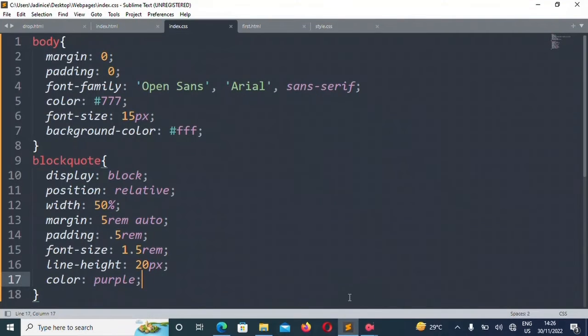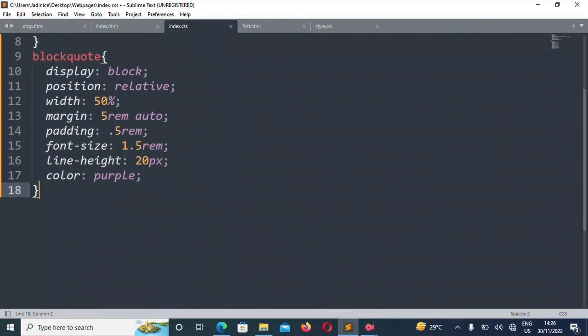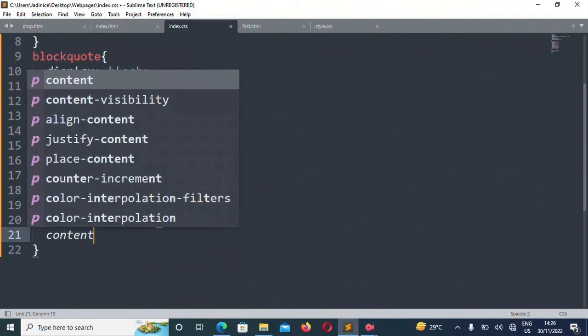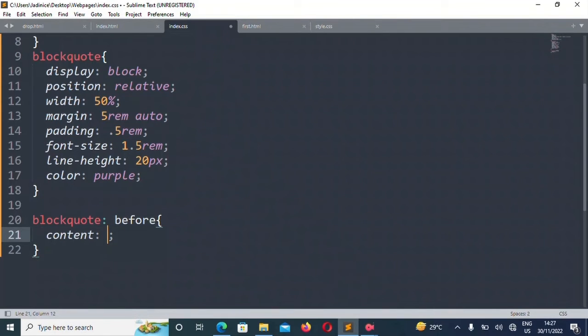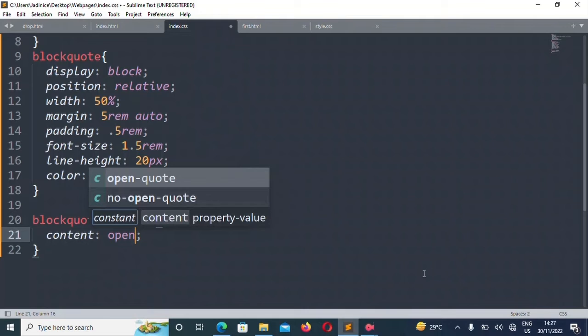So we're going to add, now please pay attention, we're going to add blockquote before. You see that? Blockquote colon before. This is what will make our block quote appear, and then we'll add the open quote.